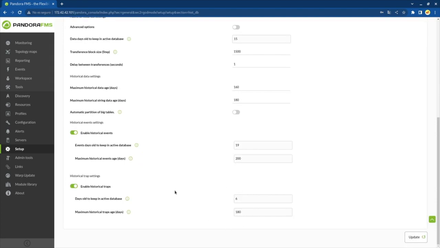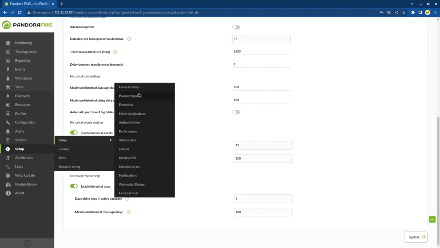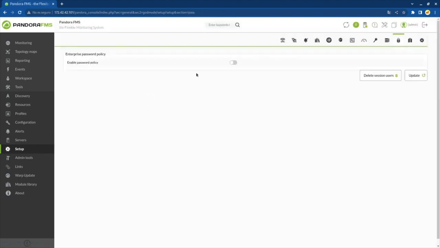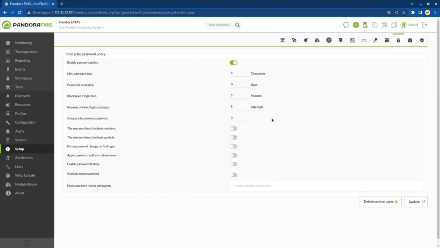From this version onwards, you will also be able to configure a password policy to meet the standards you need in terms of length, maximum time of use, characters to include, and many more options. Of course, this password policy will only apply in case you have the local authentication method set up on your